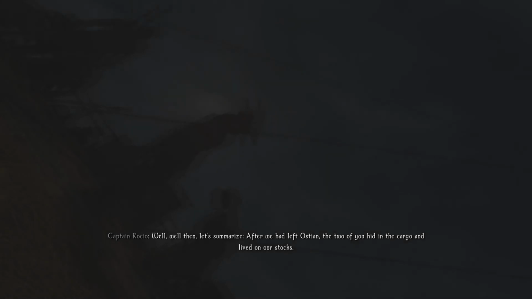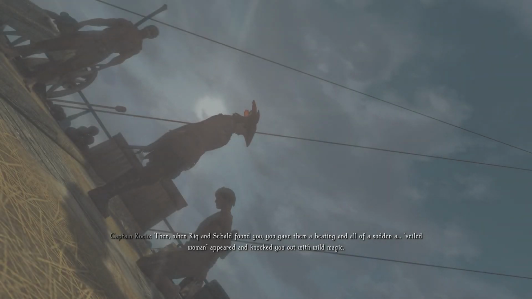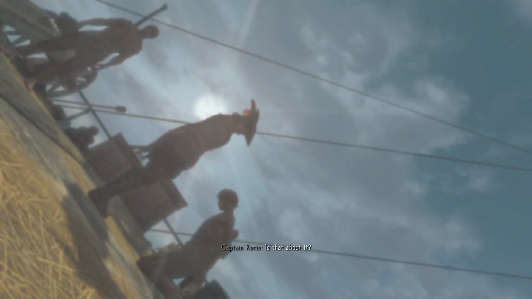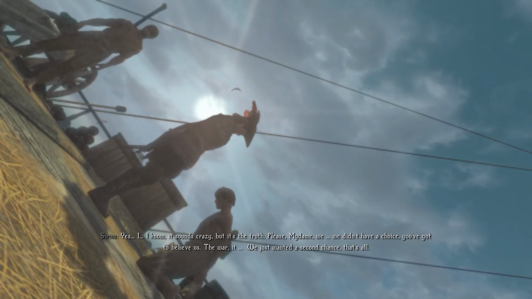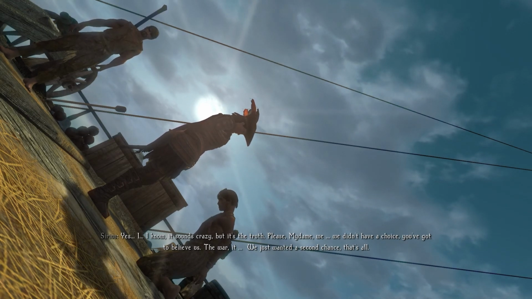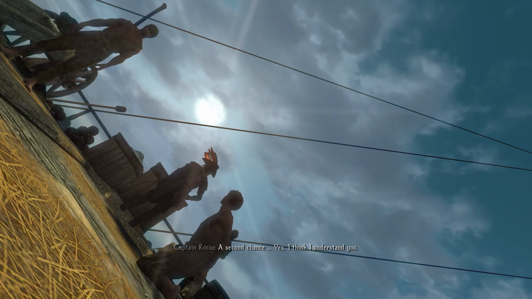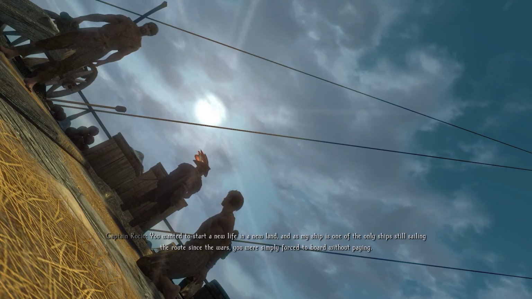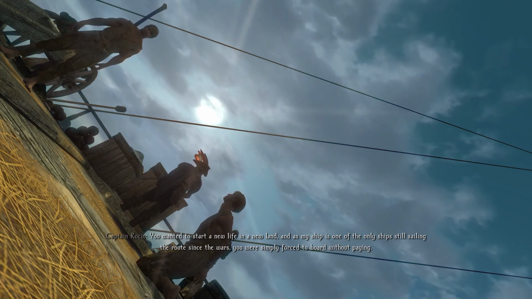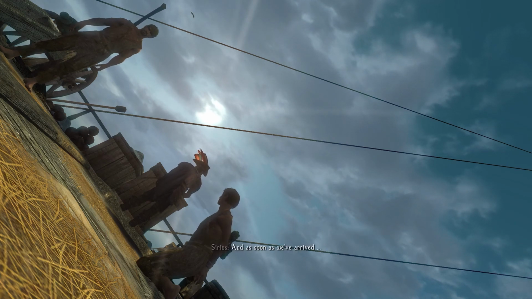After we had left Ostin, the two of you hid in the cargo and lived on our stocks. Then when Rick and Sebald found you, you gave them a beating. And all of a sudden, a veiled woman appeared and knocked you out with wild magic. Is that about it? Yes, I know it sounds crazy, but it's the truth. Please, my dame, we didn't have a choice. You've got to believe us. The war, we just wanted a second chance, that's all. A second chance. Yes, I think I understand you. You wanted to start a new life in a new land. And as my ship is one of the only ships still sailing the route since the wars, you were simply forced to board without paying. Yes, we could work for you, you know? We could scrub the deck, peel potatoes, anything to pay off our debt. And as soon as we've arrived...